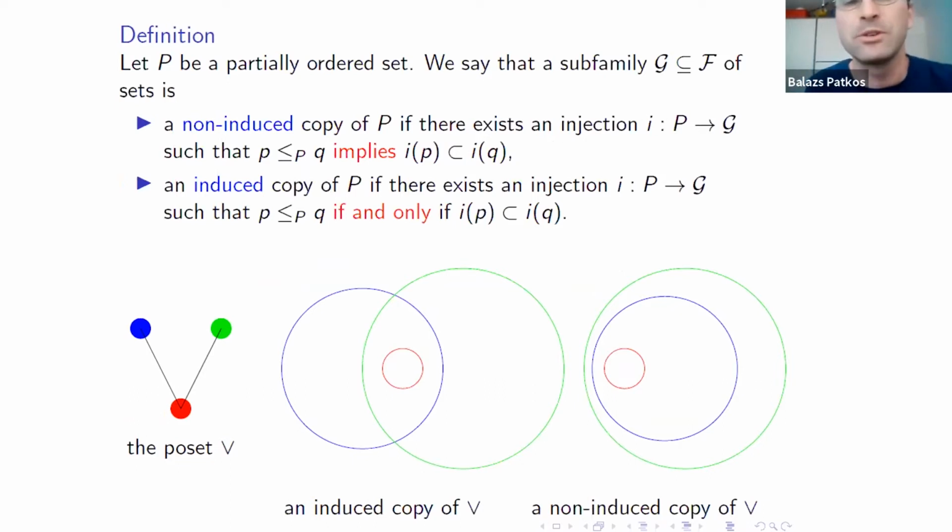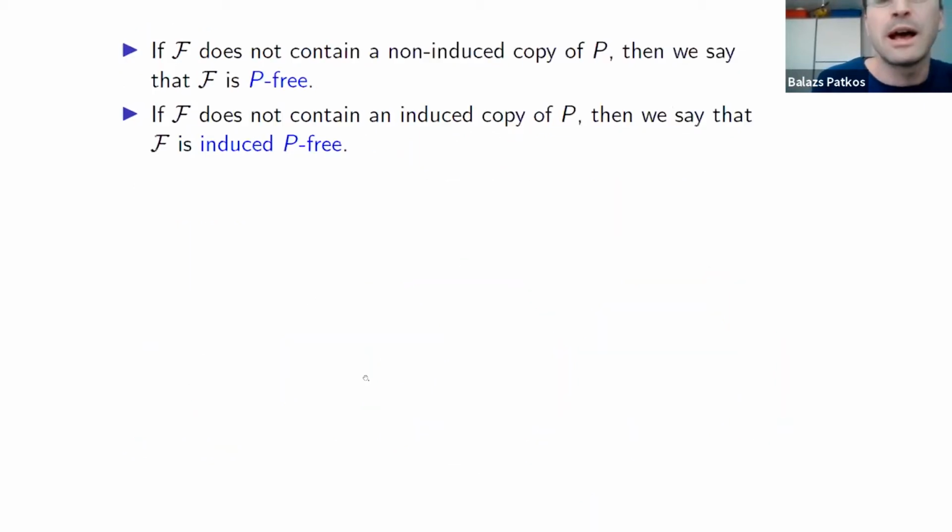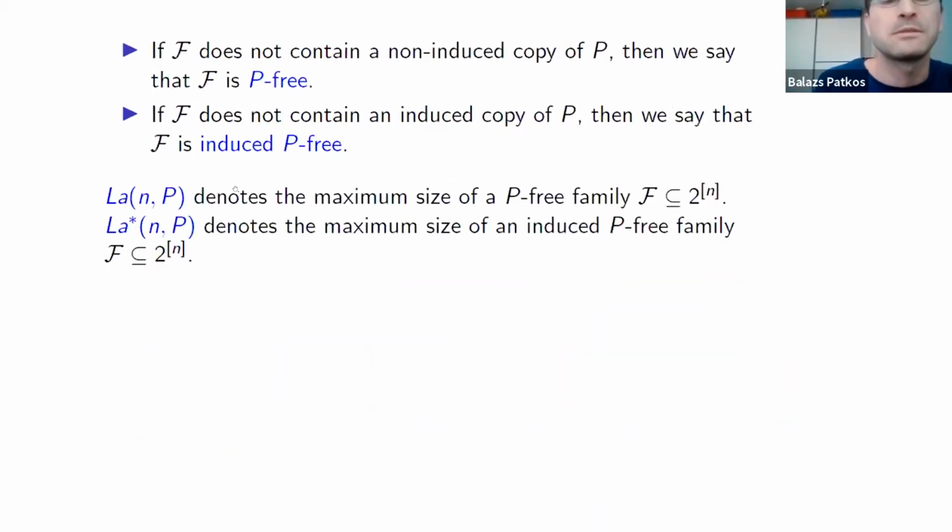So the difference between induced and non-induced is that in the induced case, exactly those sets should be in containment for which the corresponding elements are related in the poset, while in the non-induced case we can have some additional containment. Okay, so if we now have the definition of an induced or a non-induced copy of a poset, then of course, for any poset P, we can ask for the maximum size of a set family with a ground set of size n that doesn't contain any non-induced or induced copy of P, and these 2 extremal functions are